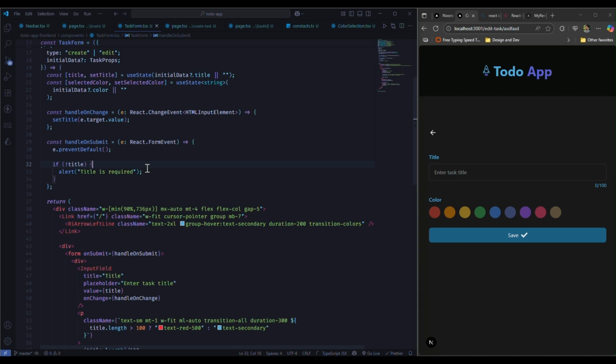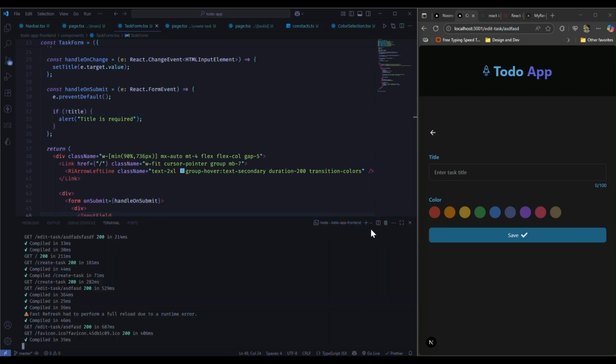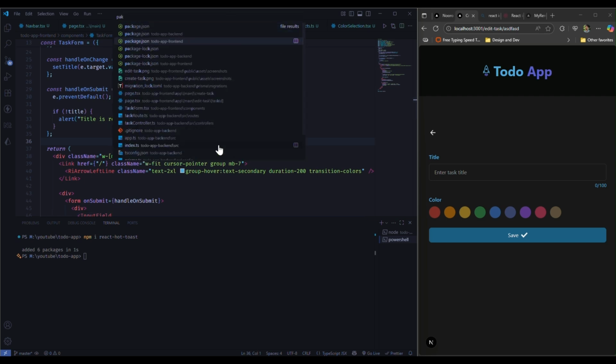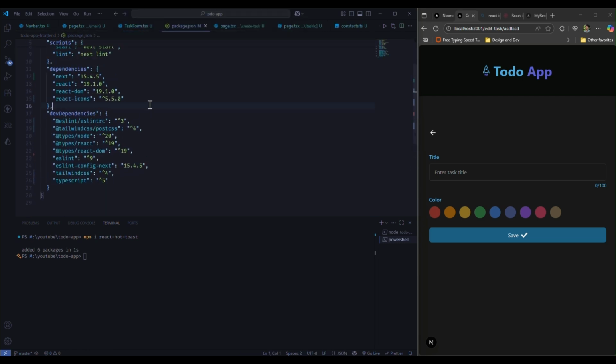To look good, we will use a toaster. So let me install toaster. So npm install, the package name is, I think, react hot toast. Just type this and enter. Now you can see it is added. Let me show you in our package.json in the front end. So you can see here we have added our